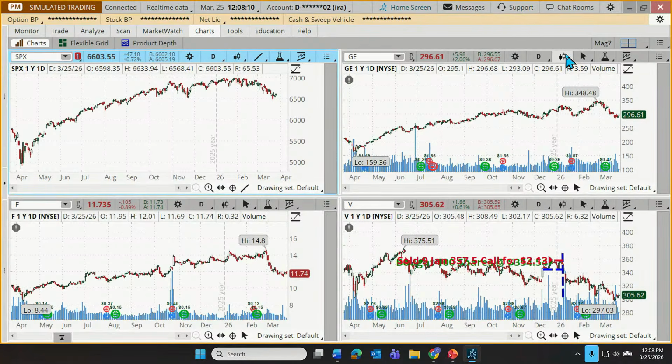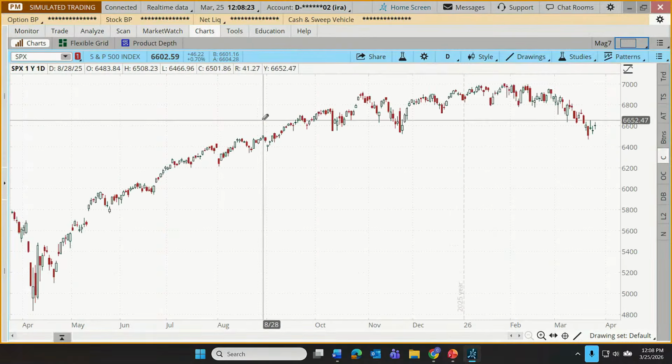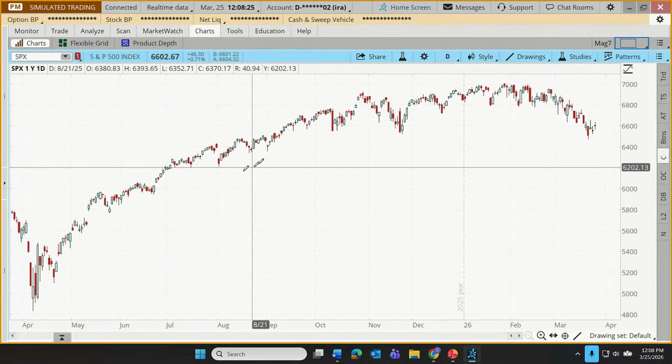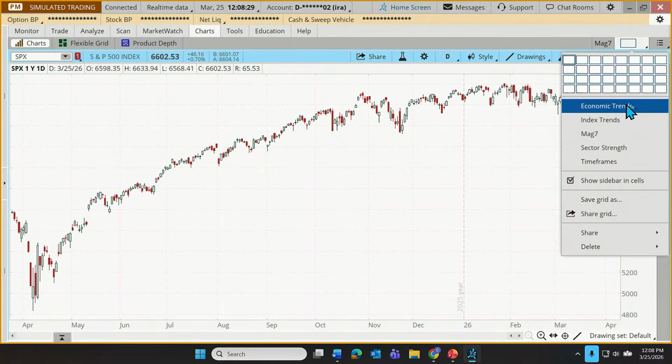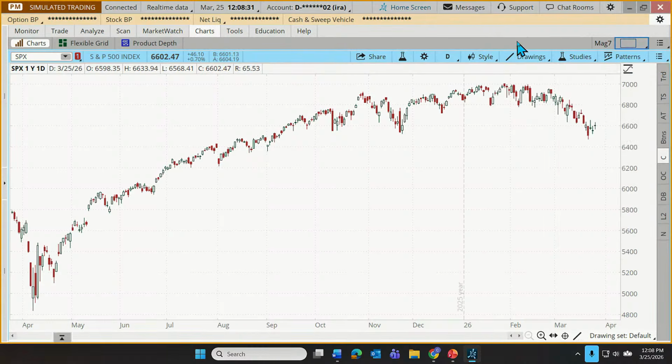I don't want to leave it to your imagination for how this might be used to streamline things and to track markets and stocks more efficiently. Well, let's do this. We're going to build some example grids. We're just going to start from scratch. All right. The first one I want to build is going to be one that I call economic trends. So each of these 5 is going to serve a different purpose for our hypothetical trader or investor.